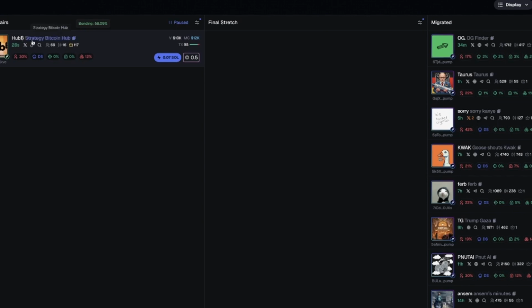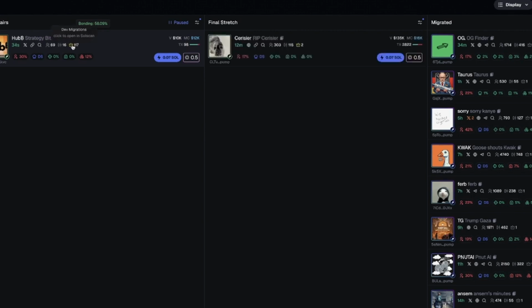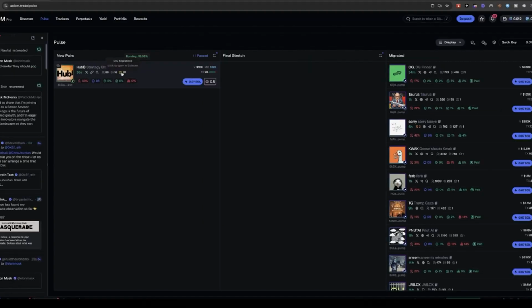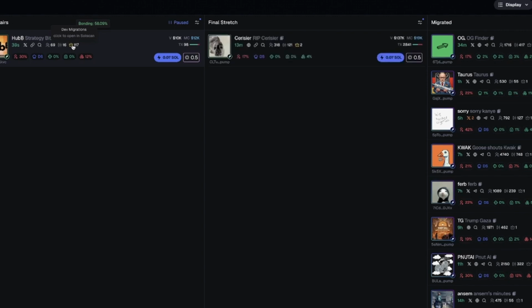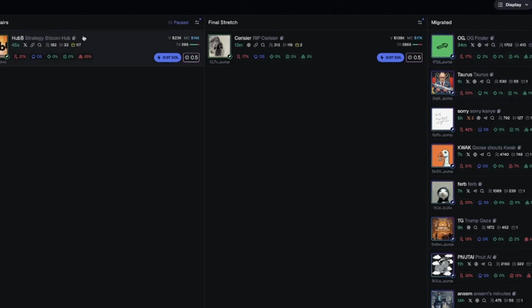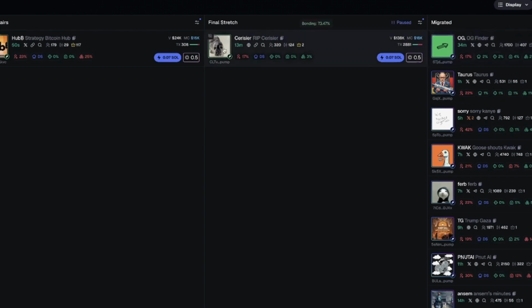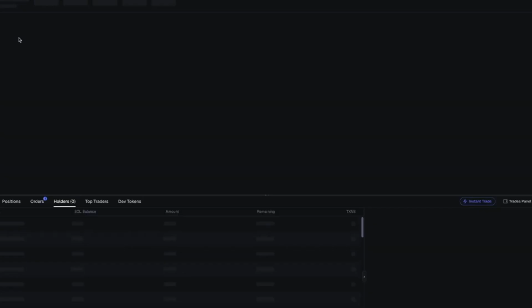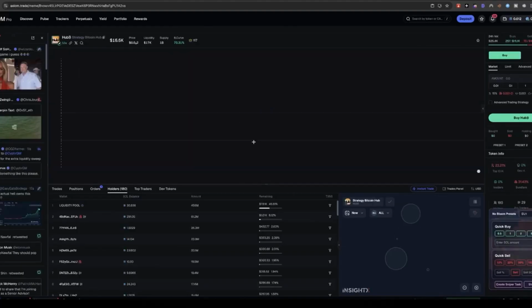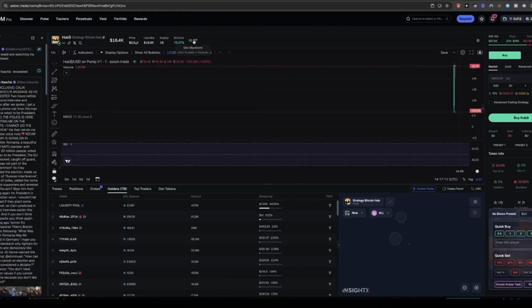The only reason why is because of the dev migrations. Now what I like about this is one of my favorite features of Axiom Pro. You can see how many times this person has created a meme coin and got it through to the migrated section. That means they've got a meme coin 117 times to over 100,000 market cap, or around that range. So that's a good guide for new tokens. Sometimes it doesn't mean that the token is going to take off to a really high level, because you've got to keep an eye out for these tokens as well at the same time.